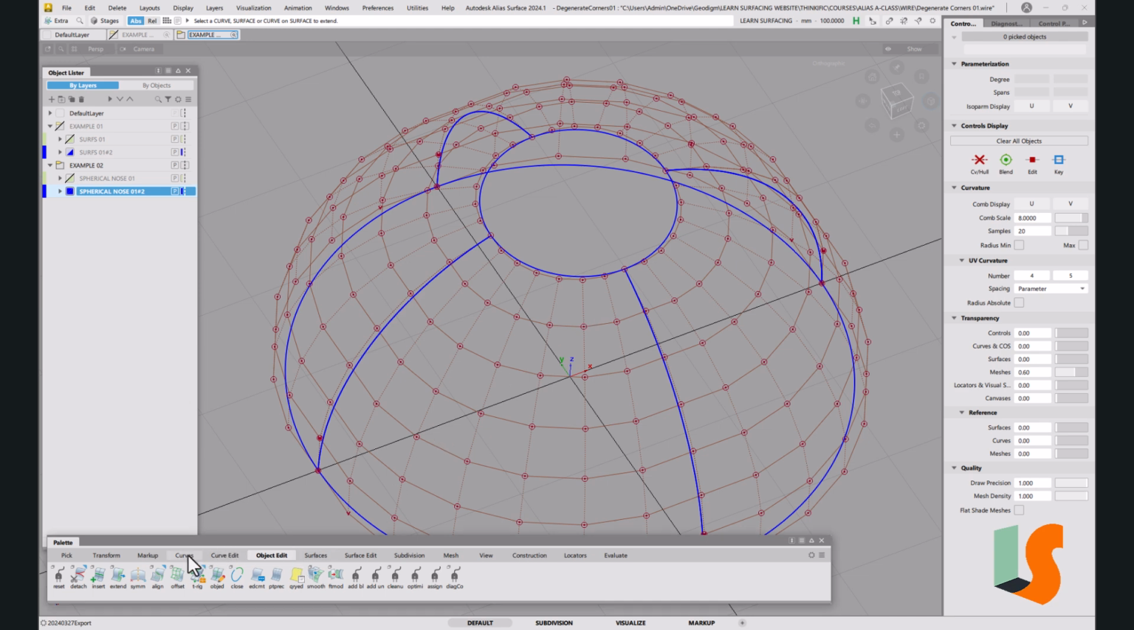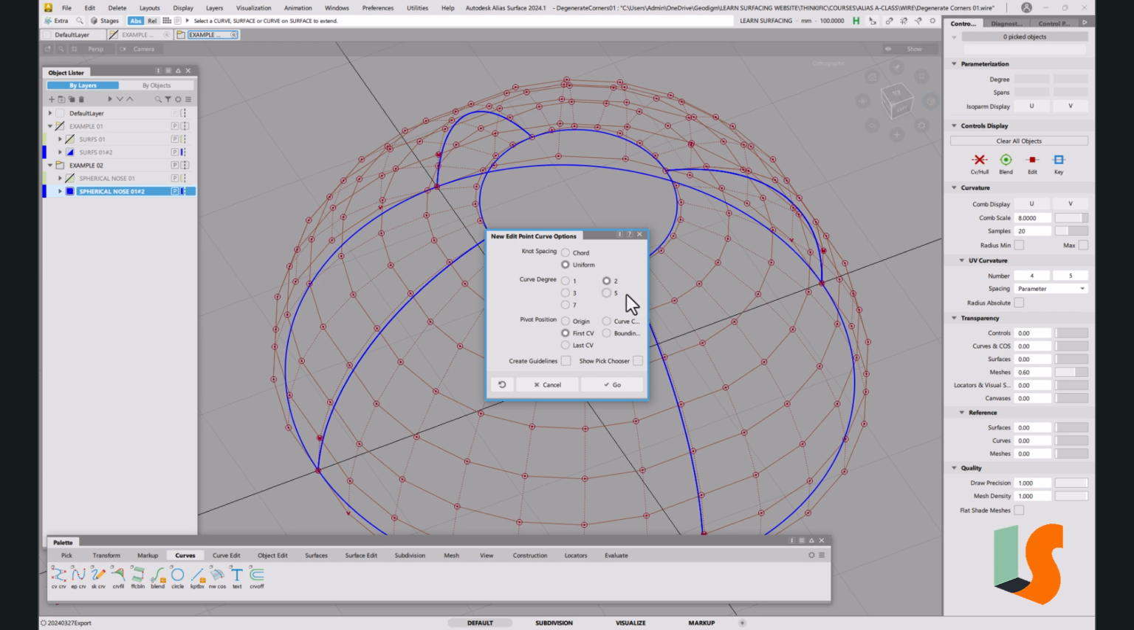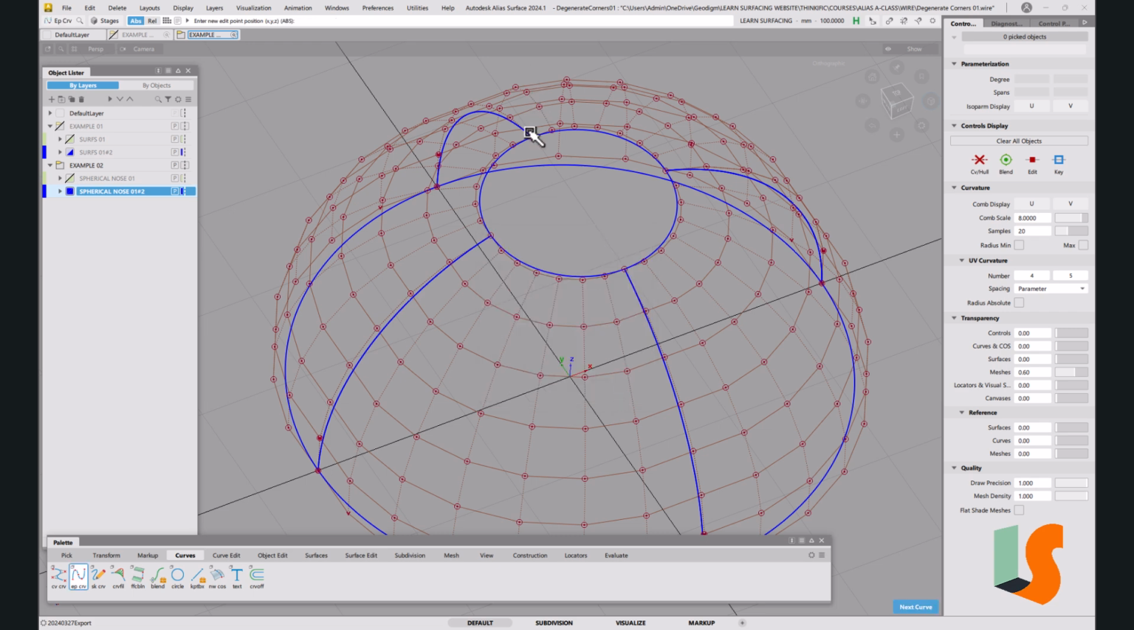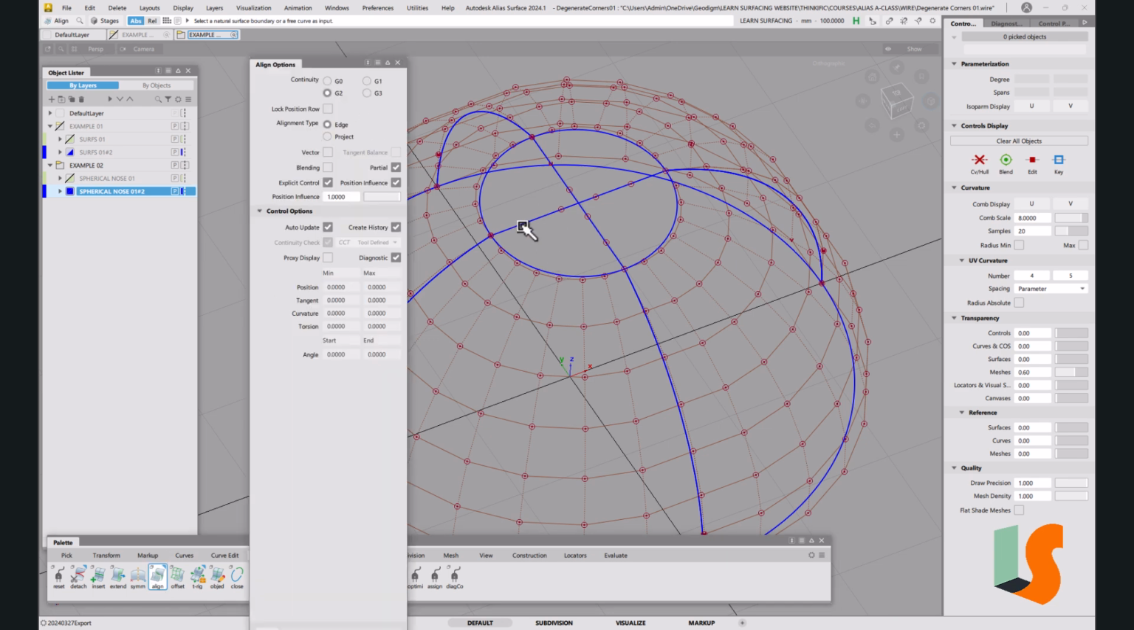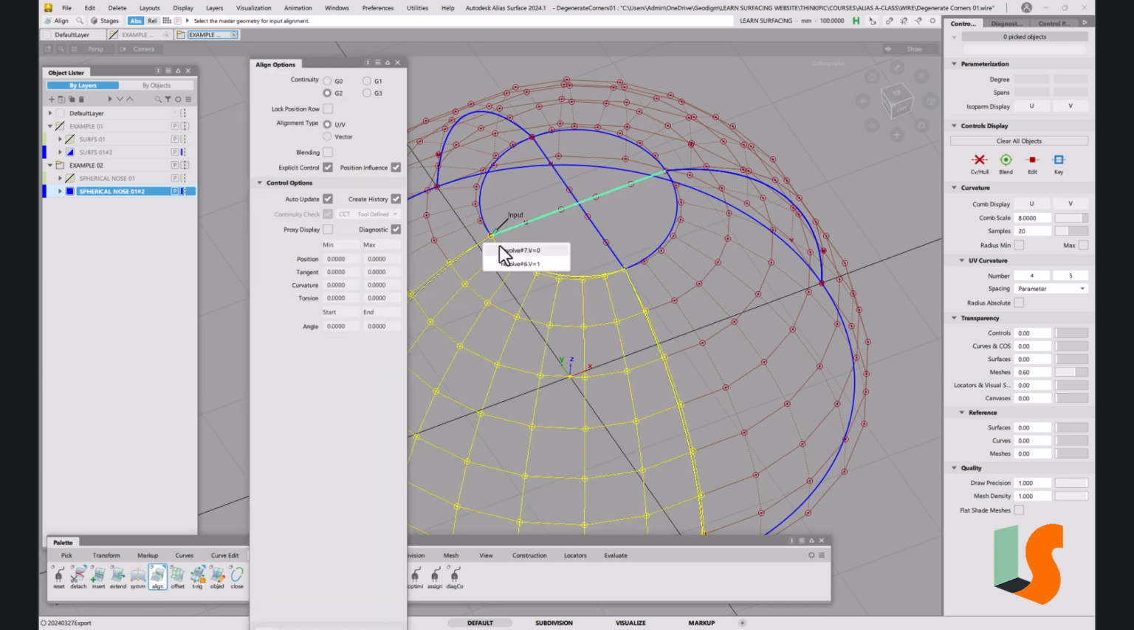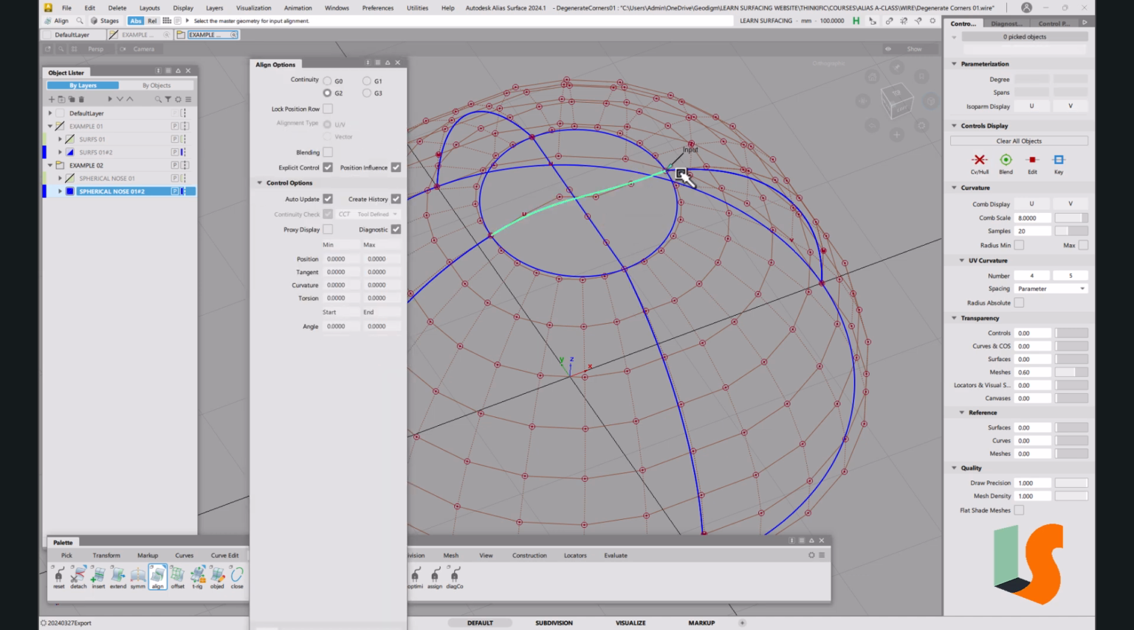So we could go, for example, edit point curve. So I'm going to make it degree 5, so we can have curvature continuity here. And we'll go from this point to this point, and then we'll go from this point to this point, and then we can align that to the edges. So we'll align that in G2, and the same on that side,